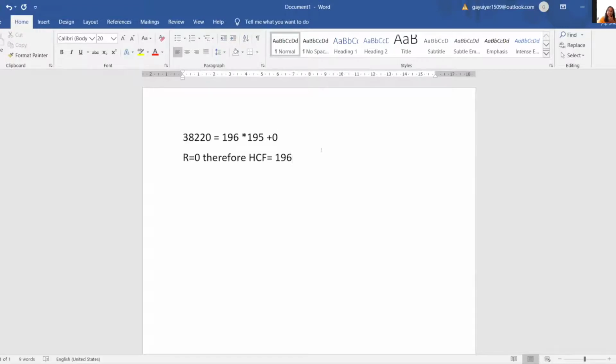So I hope this part is clear to all of you. I'm going to explain it in a very simple way. So we have two numbers. The first one is 196. Now what you're doing is you're writing 196 as 196 itself. And 38,220 is being written as 196 into 195. So what is common to both the numbers? 196 is common. That is the highest common factor. And hence HCF is 196 and not 195. Is that part clear to everybody? Yes, ma'am. Okay. All right. Thank you, Ashwin.